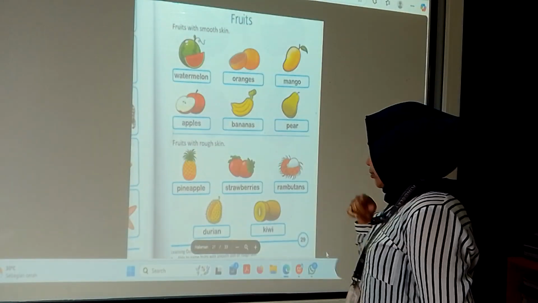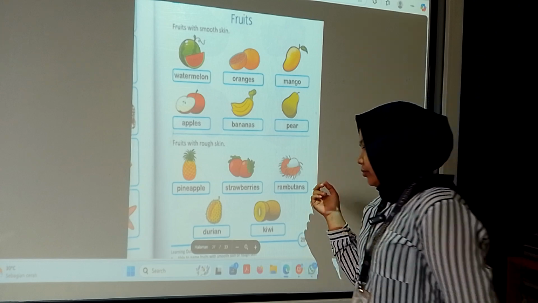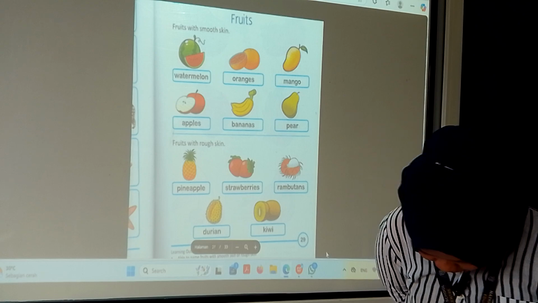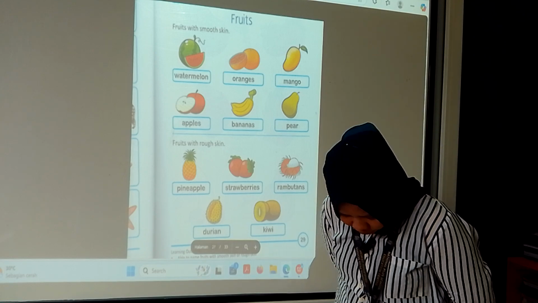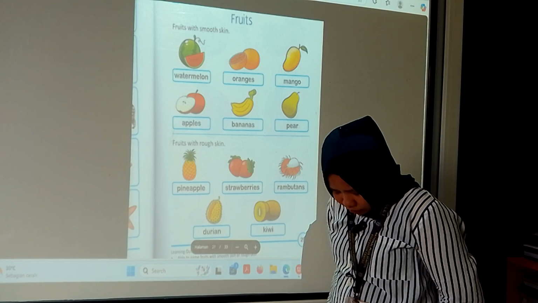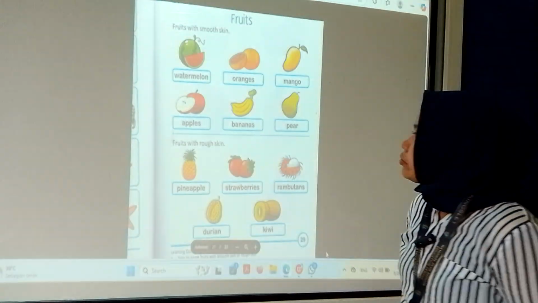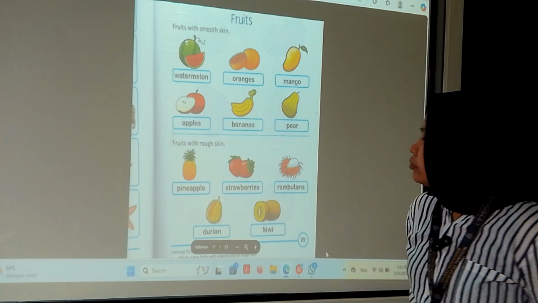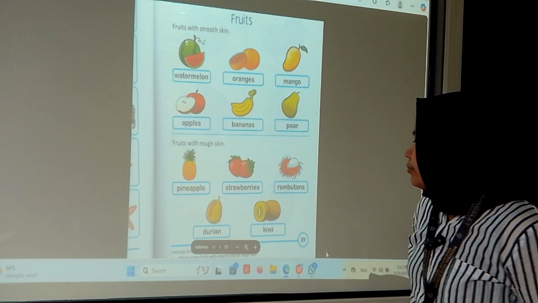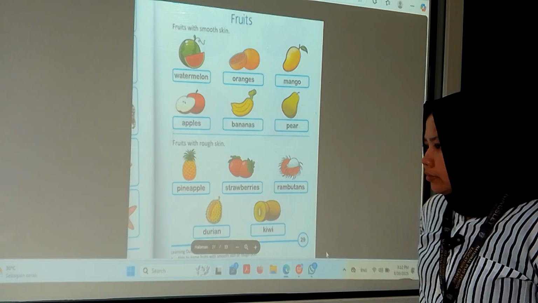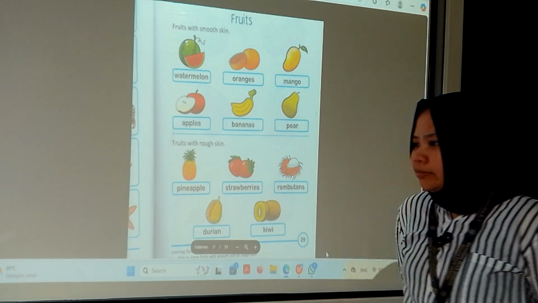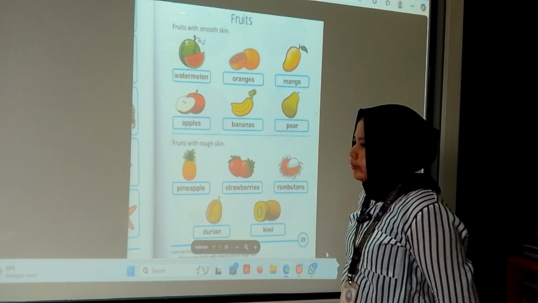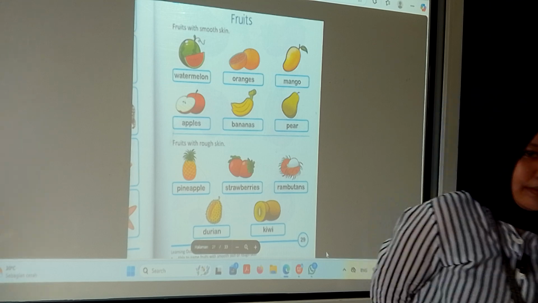All right, so the rest should be okay. For the CP questions, you remember all the CP questions. You could explain them too. And for the examples of vegetables also, you could explain. For the fruits with smooth skin, you forgot some. The rest should be okay. I think you pass with a good result, Miss. Okay, that's all. Thank you, Miss.